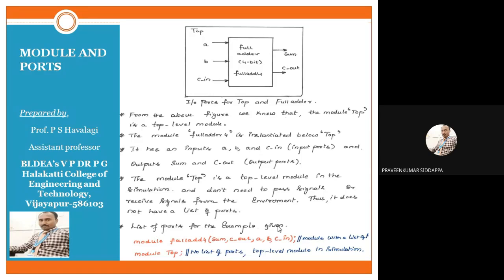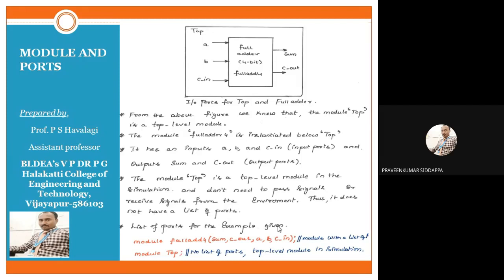For this theoretical list of ports, I gave an example of what we designed, by seeing the block diagram we have shown. So model full adder 4, same thing: we should mention which are the outputs and inputs. Sum comma C out, these two are the outputs, comma A comma B comma C are the inputs. So within the model we can mention it all. This is the first syntax, an example of a model with a list of ports.